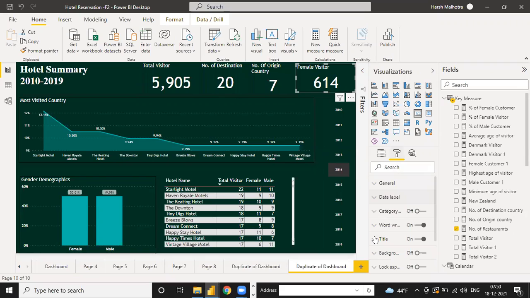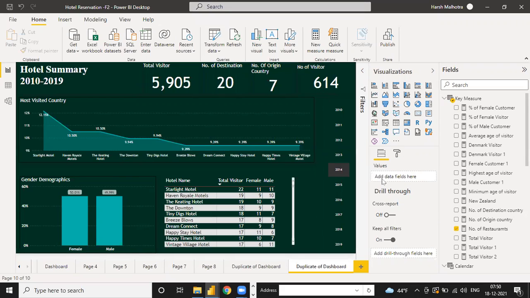Change the title only. Number of visitor. Okay. So like this, your data is changing. Now total number of visitor, and any other function? Just a minute. I will check if anything is missing.